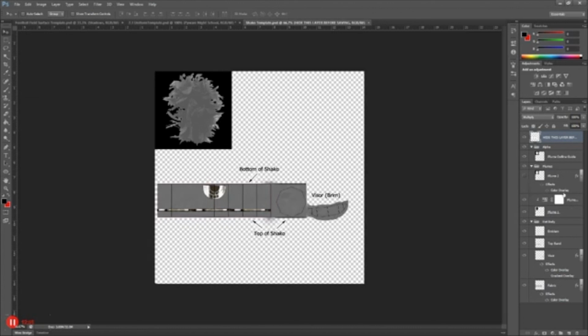Alright, I'm going to work with a color overlay here. Alright, this one's slightly different. You can simply just edit the color. So I'm going to choose the